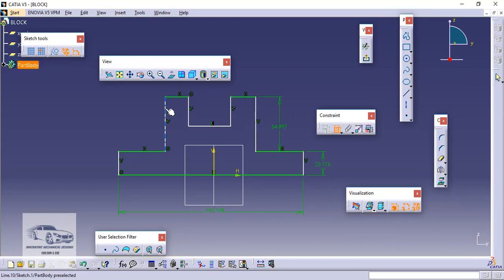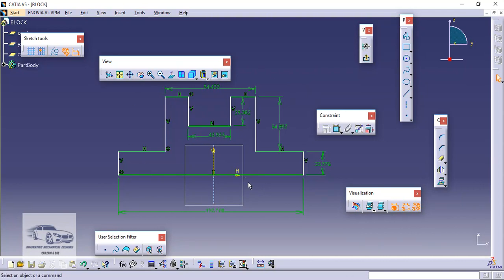given in the drawing. It is not necessary that we should follow the same scheme of placing the dimensions as given in the drawing, but if we are following the steps as given in the drawing, then it becomes easier for an evaluator to quickly check the drawing. Now we have placed all the dimensions.